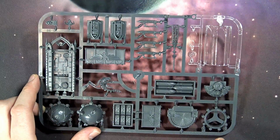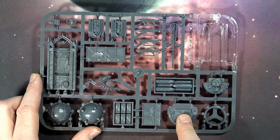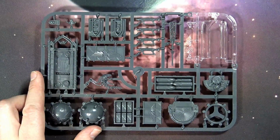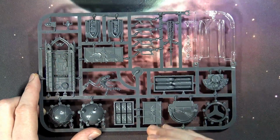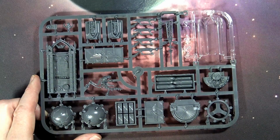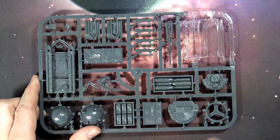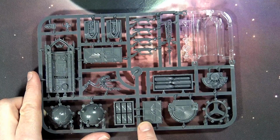Now here you can see lots of different components. First off, you've got the bottom to the stasis chamber. Now this isn't the super ridiculously detailed stuff. This is not as well detailed as what you would find from something made in Nottingham, cast at the GW factories. This is something designed for terrain that is of an adequate level of detail to be used in games. There's no ridiculous amount of detail that rivals